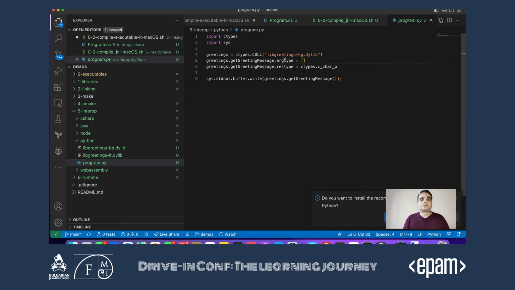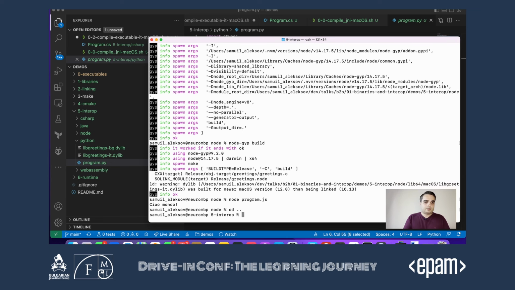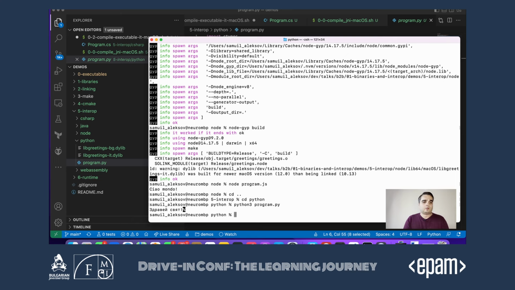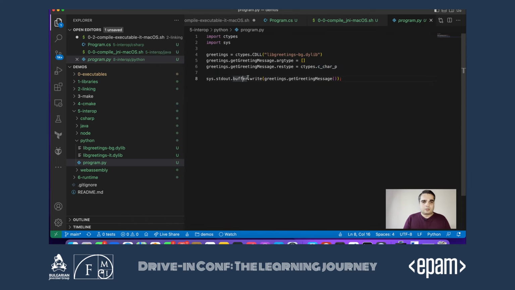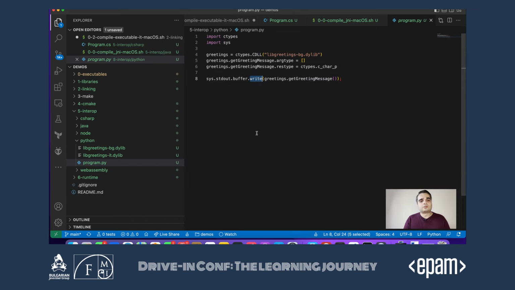Our function does not accept any arguments. It's a void function for the input, and as a return we get a pointer to character bytes. And if we run it, we get our string back. Using buffer right here because our output is UTF-8 and this supports UTF-8. It actually just writes to the console which supports UTF-8.